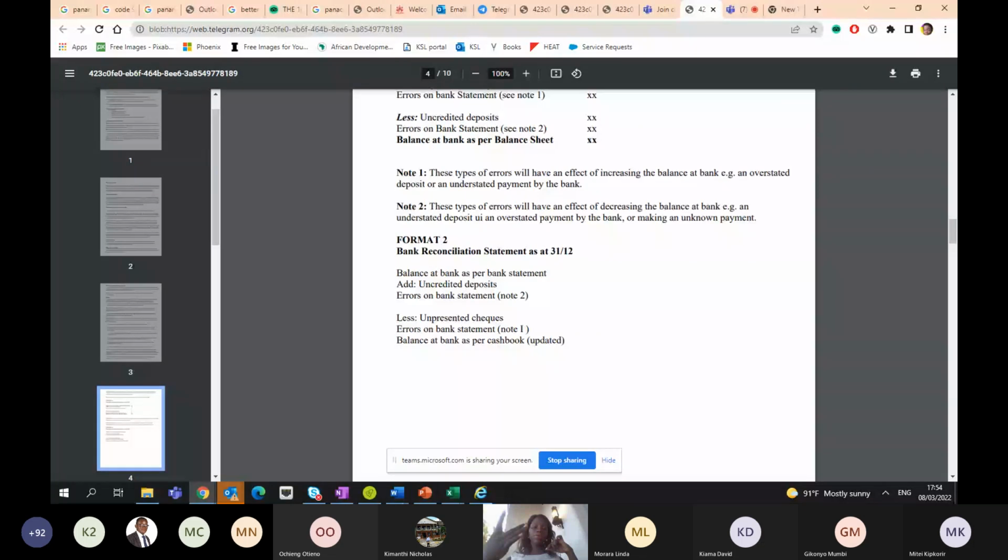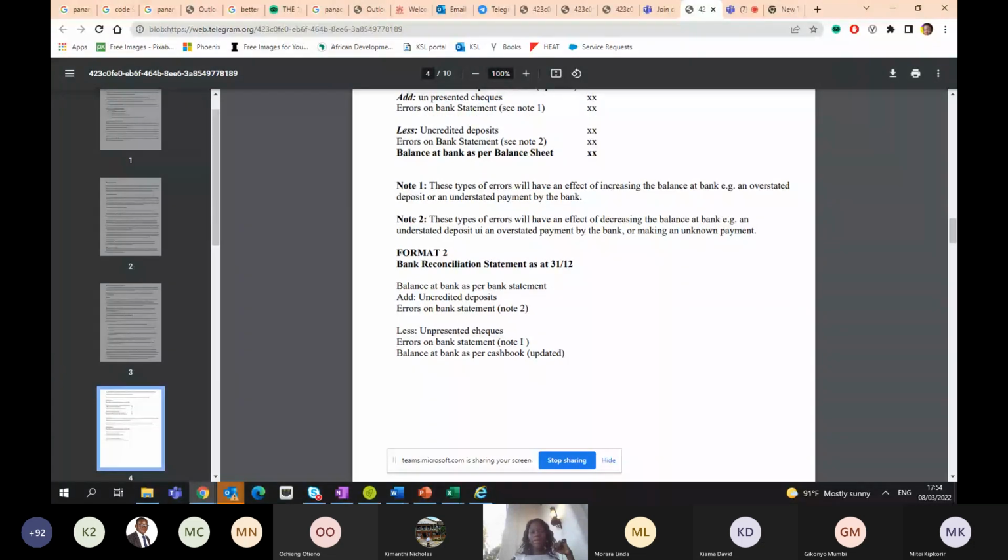So now let's look at this. I prefer that one, but let's look at the second one. The second one, you start with your bank statement. And now you have your updated number as per the cash book after making those corrections. Then you say, I'm going to add uncredited bank deposits, which are monies that have been paid but the bank hasn't recognized. Then I'm also going to add errors on the bank statement. Now errors could be like